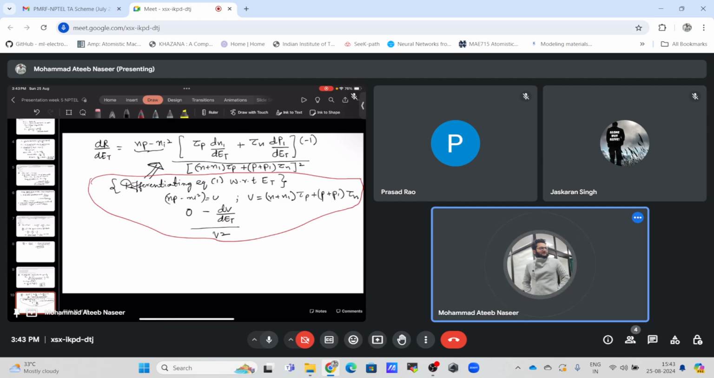From this, since this has to be equal to 0, but np is not equal to ni square because we are in non-equilibrium condition. In non-equilibrium condition,